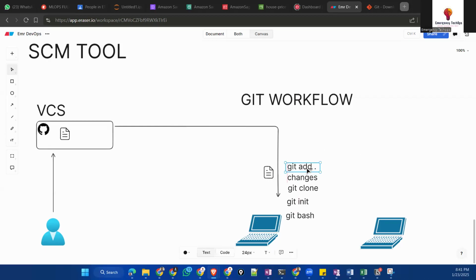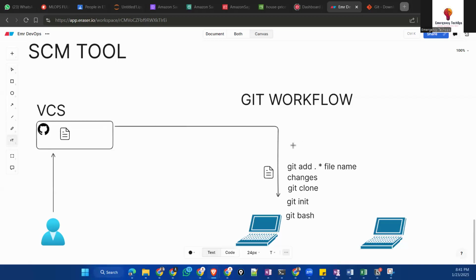That means the index area or staging area. You have done some changes and you want to save them, so you can save by using git add with dot, star, or a file name.